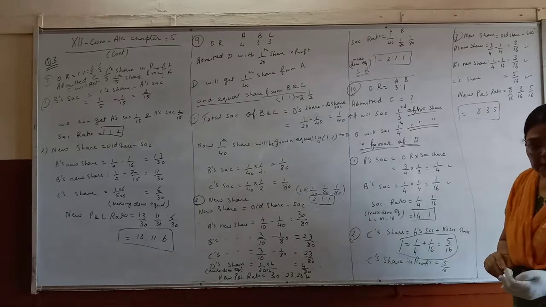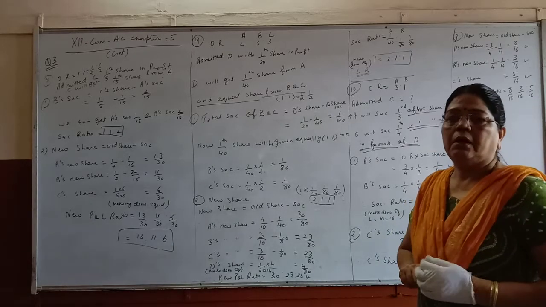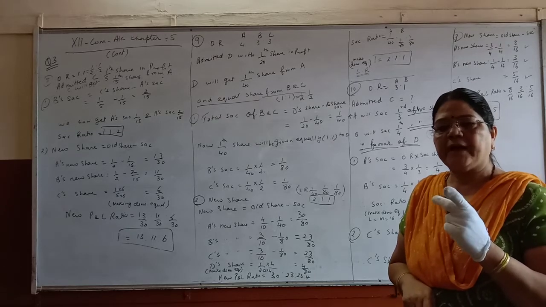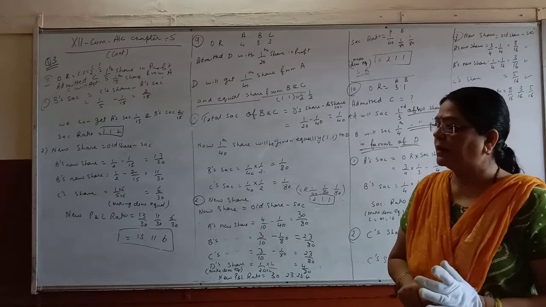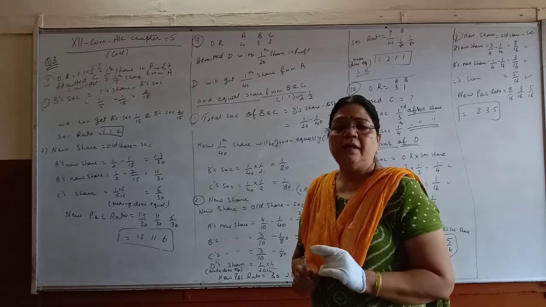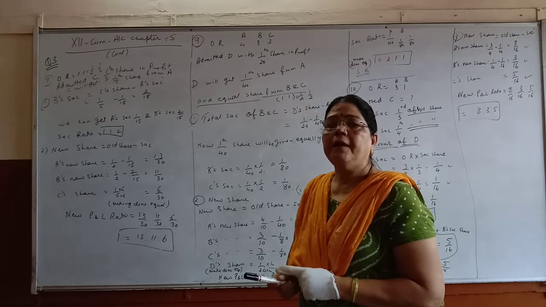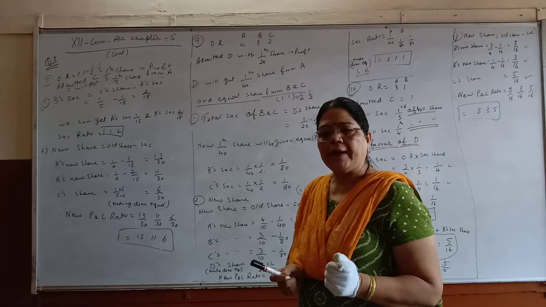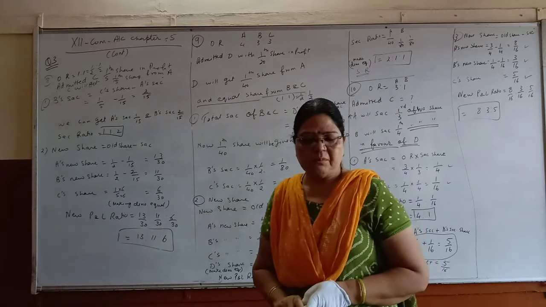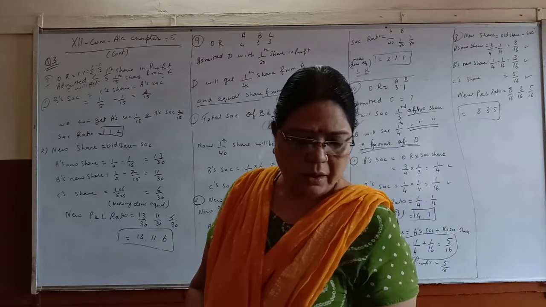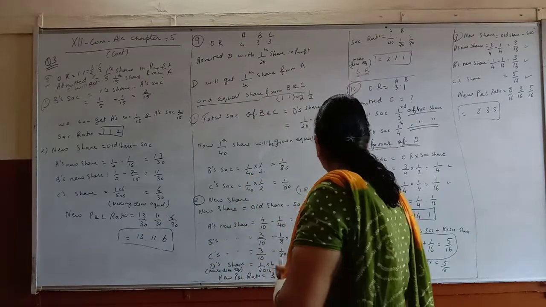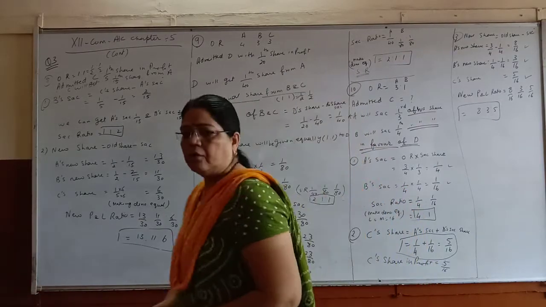So this is the sum in which the new partner's share is not given, and the sacrifice of the 2 old partners will be the share of the new partner. And in the other 2 sums, 1 partner's share is given and the remaining partner's share we find by subtracting. So these are the 2 types of sums. You can refer to illustration page 149 for this. Okay, page 149 you can refer for this.